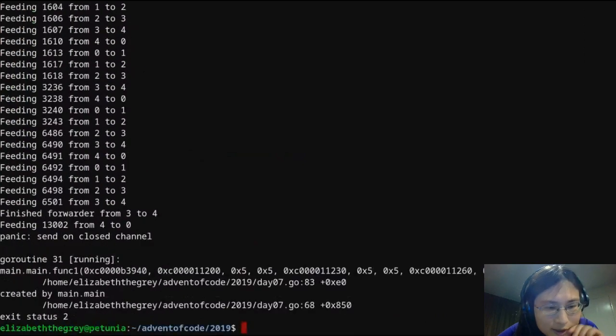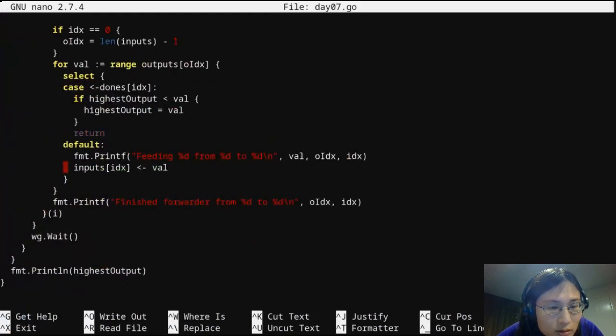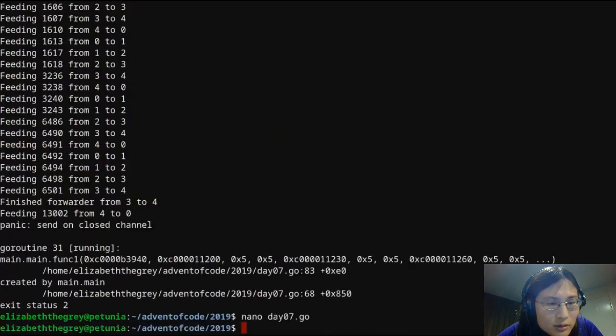Why is it panicking send on unclosed channel? This is at line 83. Oh, why is done... Why can I not read from done and yet that shouldn't be the case?